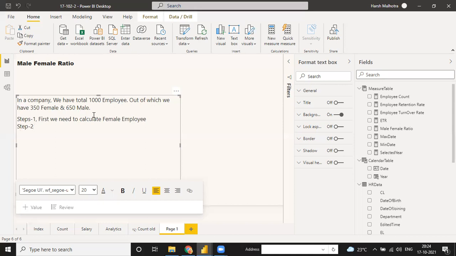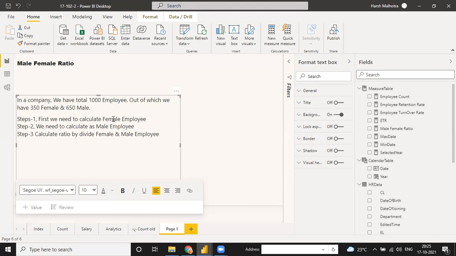Step two, we need to calculate male employees. And step three, we calculate the ratio by dividing the female and male employee counts. That is just a simple thing you need to do in Power BI.